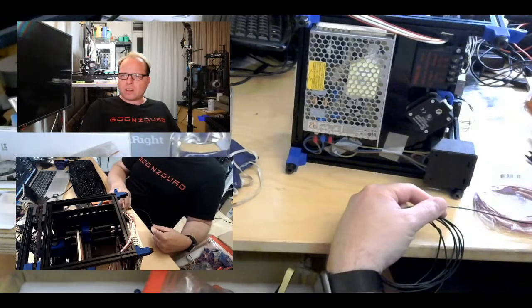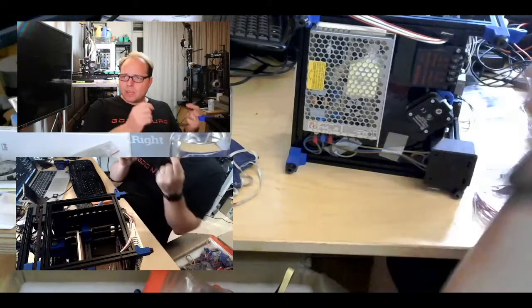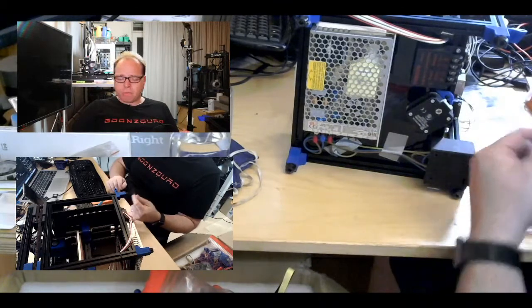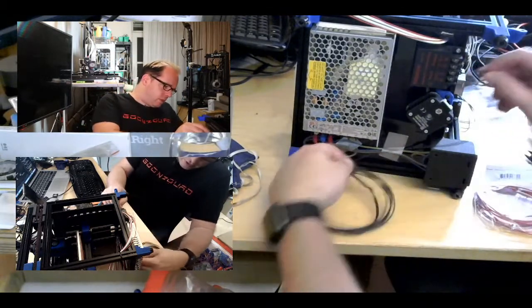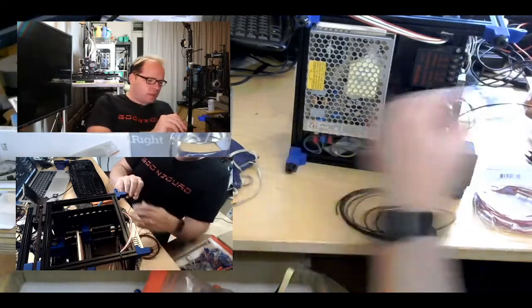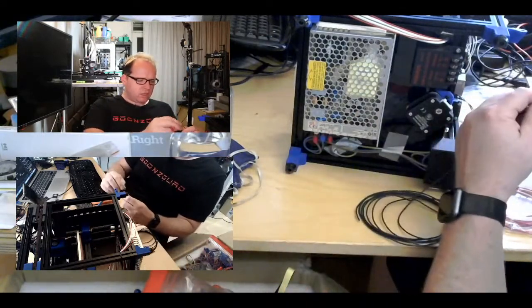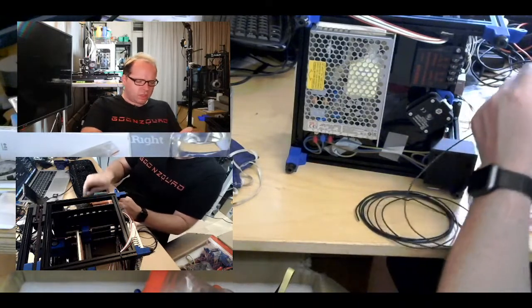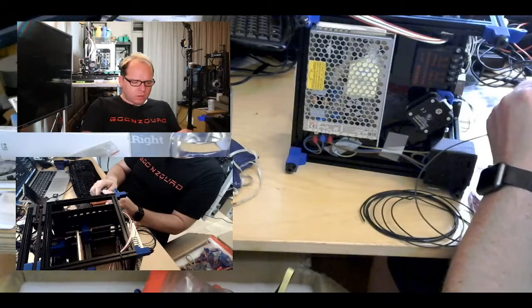So let's start with the black wire, because I'm holding that. First, going from here to... These are pretty stiff, right? Oh well. It should be...